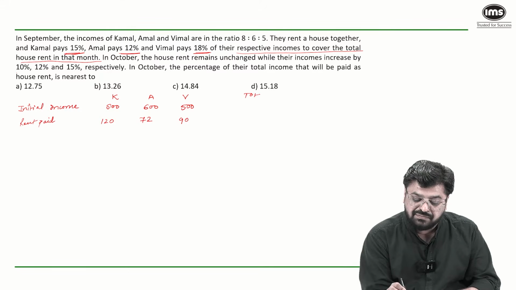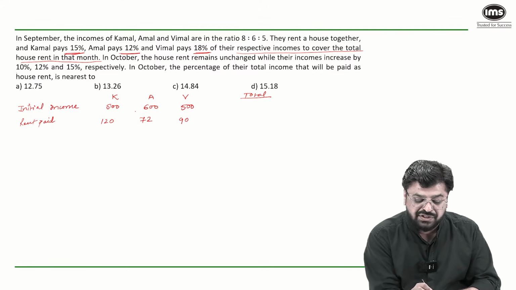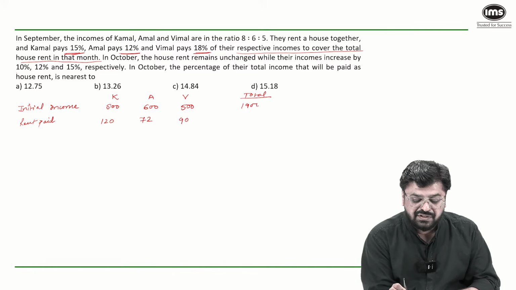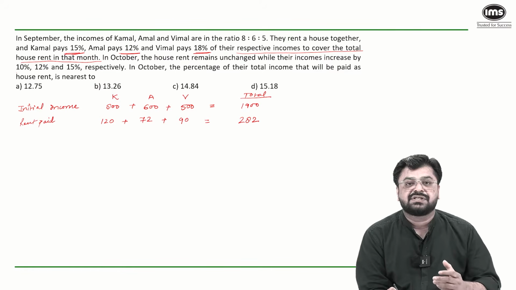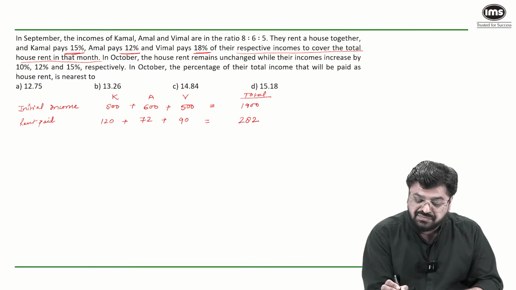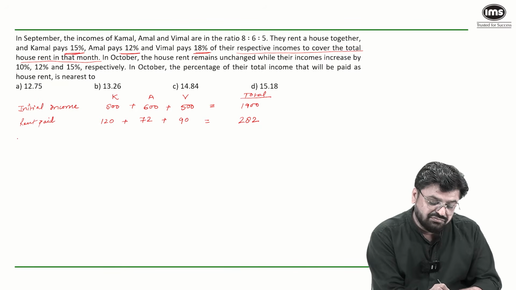So the total income initially was 1900 and the total rent paid was 282. Now the rent is the same, but their income has increased. So the revised income